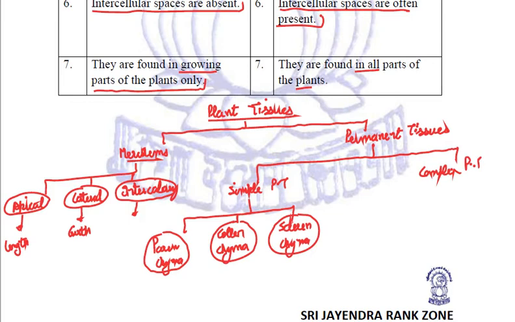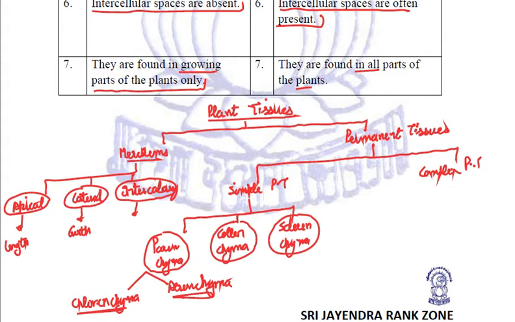And sclerenchyma is present in the husk of coconut that we recalled. This parenchyma, further we talked about two things. One is chlorenchyma. When there is chlorophyll present in parenchyma, it is called chlorenchyma, which helps in photosynthesis by absorbing sunlight. And if air cavities are present in parenchyma, that is called aerenchyma, present in aquatic plants, providing buoyancy to help them afloat. So these two are also further types of parenchyma.